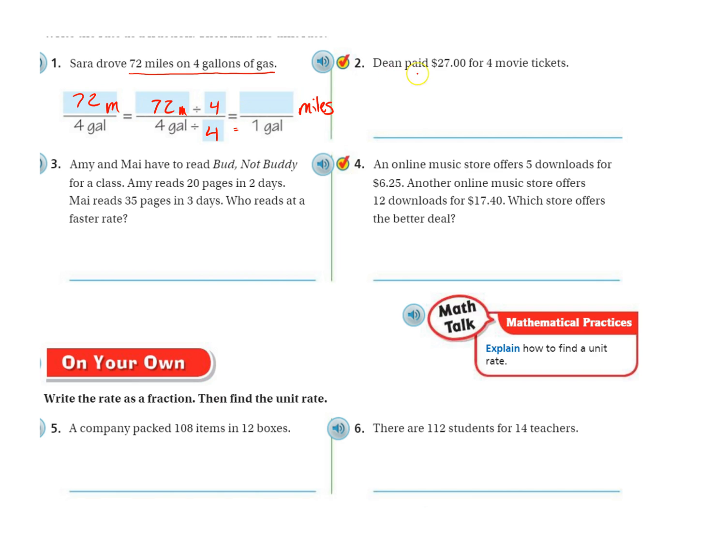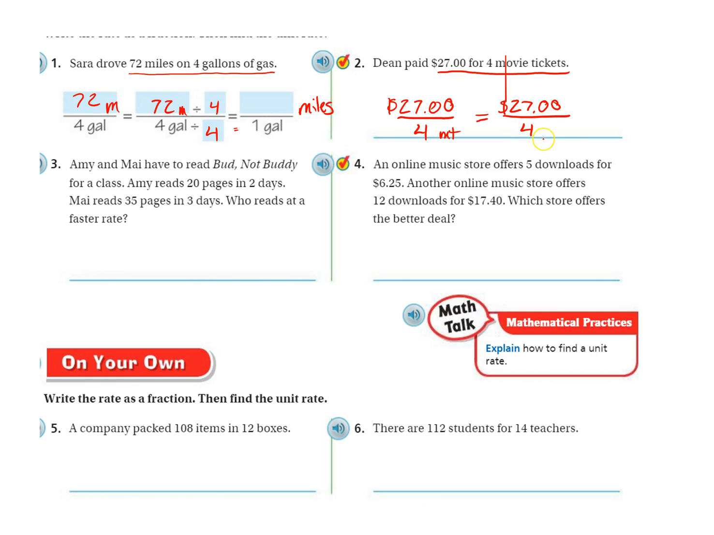All right, number 2, Dean paid $27 for 4 movie tickets. So again, I'm going to write this as a fraction. So $27, or a ratio, if you will. They're the same thing, synonymous. For 4 movie tickets. So notice I have dollars on the top and I have movie tickets on the bottom, and I want to keep that all the way through. $27 on top